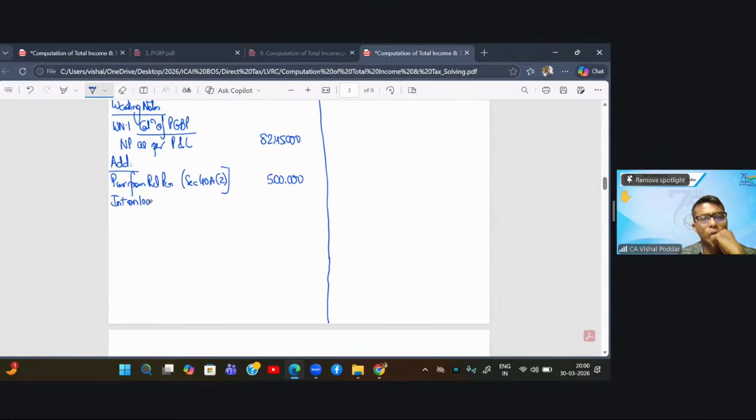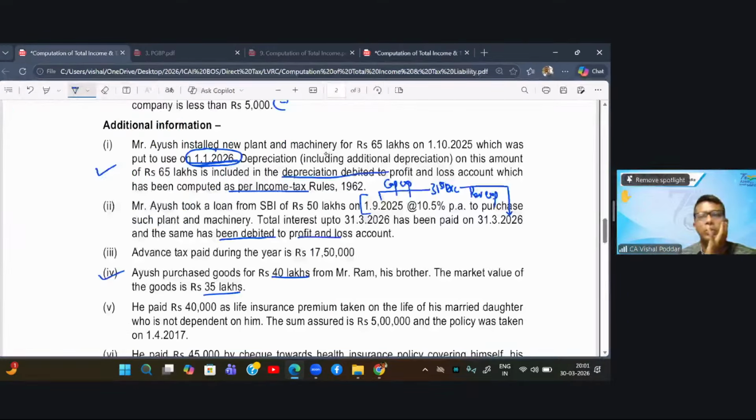Interest on loan up to the date asset is put to use is capital expenditure. Now you have computed from here to here. How many months are they? So September, October, November, December. These are 4 months. December, January, February, March. These are 3 months. So total 7 months interest